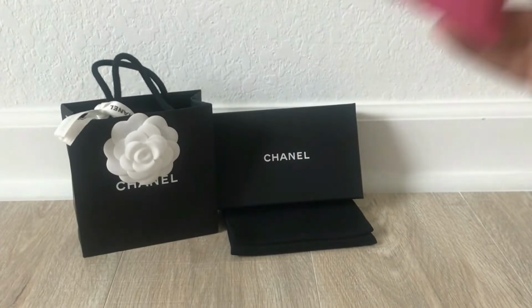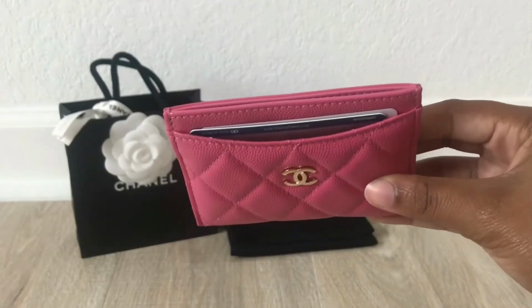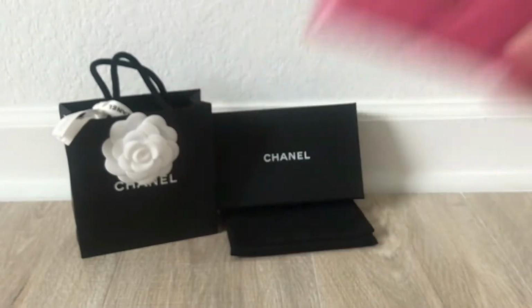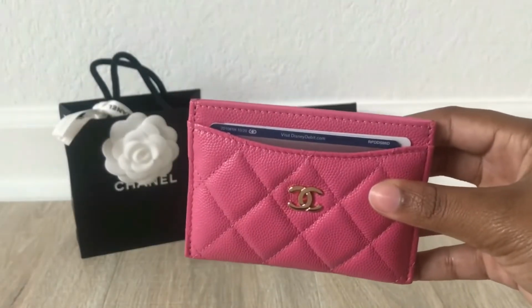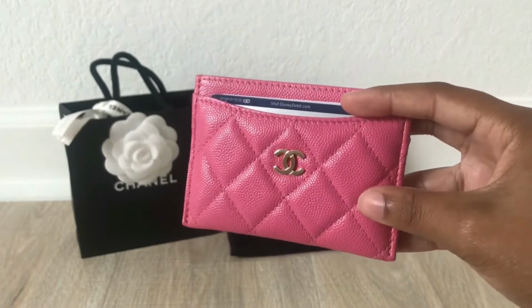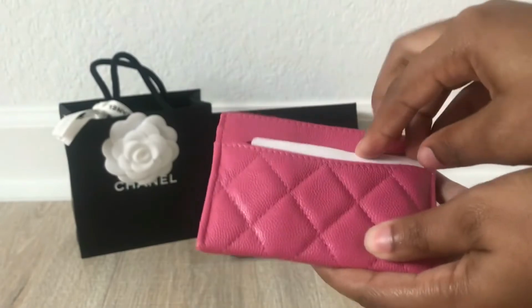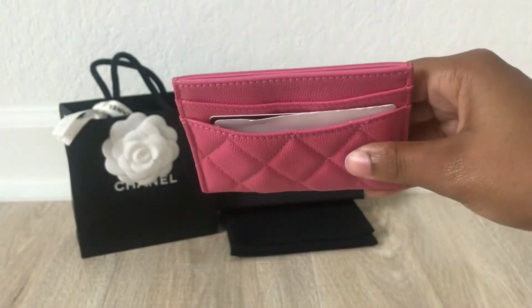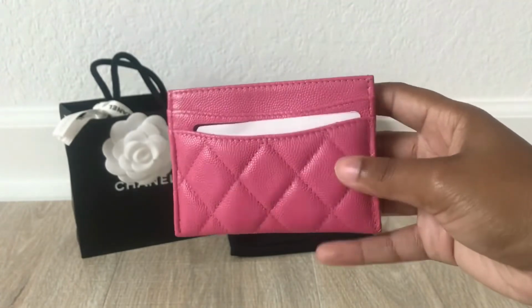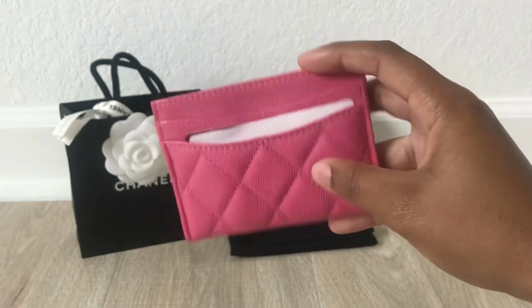Now I recommend, I wouldn't overstuff the front. I would say 2 is your limit, and then something small like a receipt or maybe a coin, but 2 is the max when it comes to the front pocket. And then 1 as well, and yeah, so 2 can fit. Maybe 3 if you want, but I wouldn't recommend more than 3 for each slot in the back